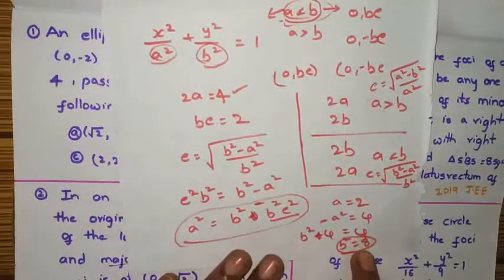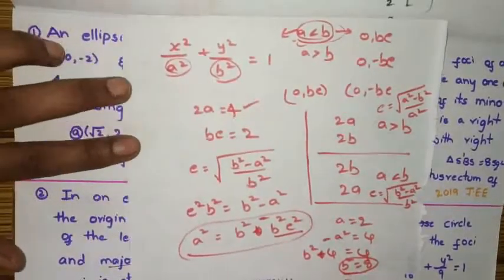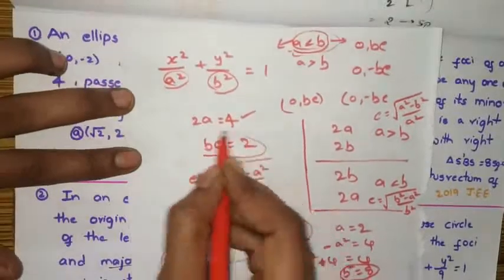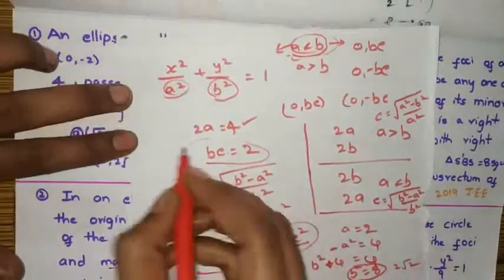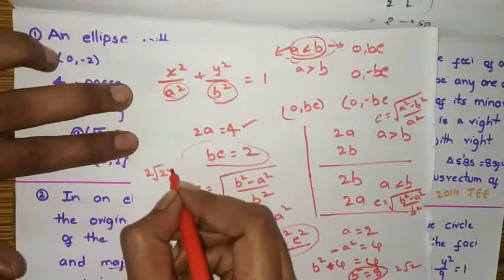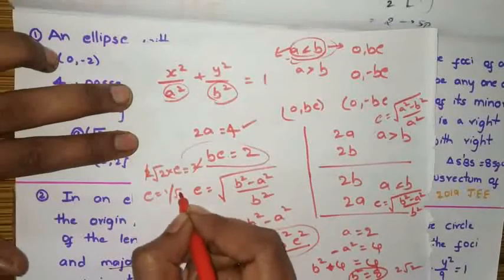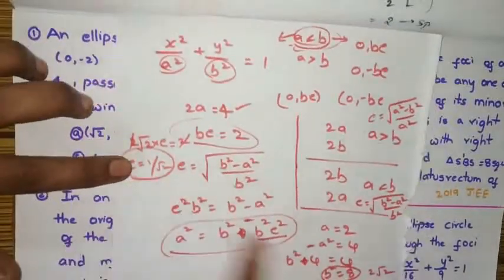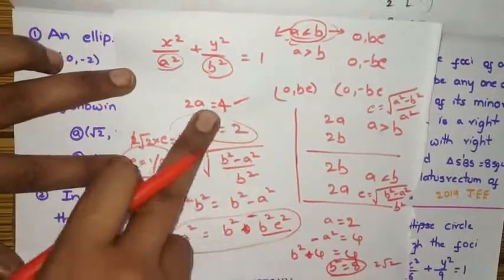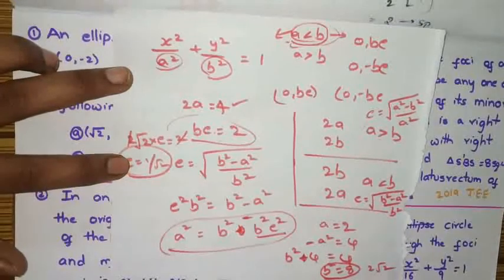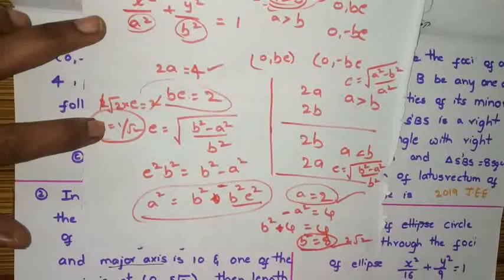Now get the E value. B square value here we got. Now from this substitute here. B square value is 8. Then B value is 2 root 2. Okay. 2 root 2 into E is equal to 2. Then E value will be 1 by root 2. E value we got. B value we got. Then you have to get the equation. Here we already got A value, okay.